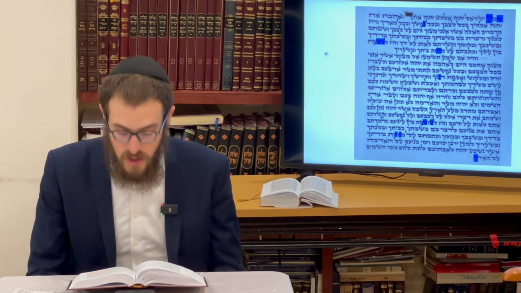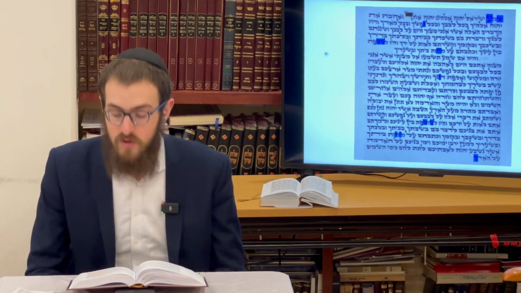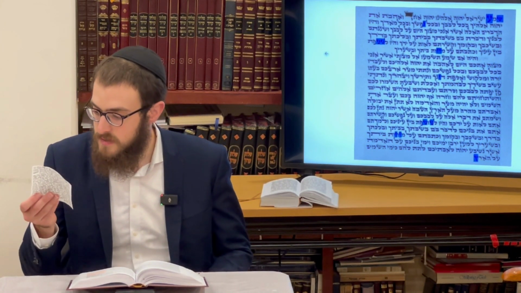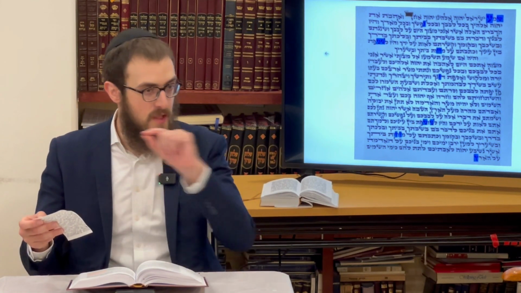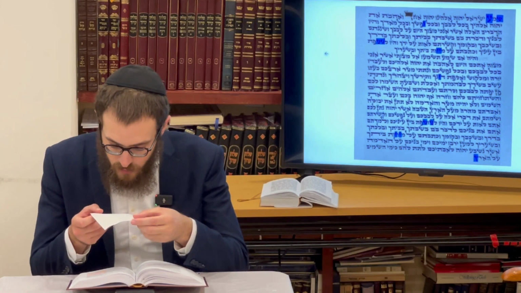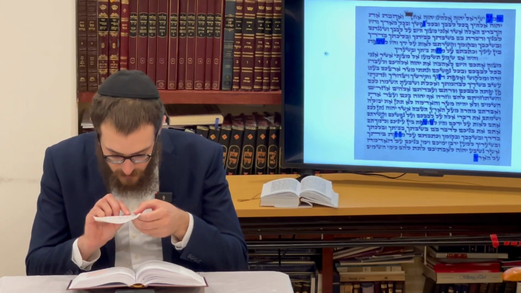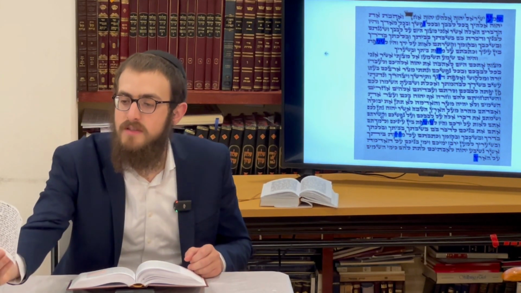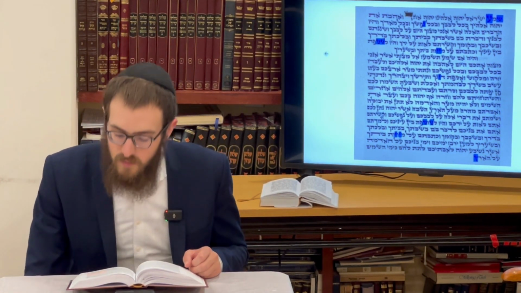But if you didn't write it with ruled lines, the other day I showed you that piece of parchment that had the lines across it, with a stylus or an awl. You make lines across it, and you have to write on the ruled lines. Over here, they're kind of faded, if you want to see. You can see, check closely, you can see the ruled lines. So if you didn't put it with lines, or